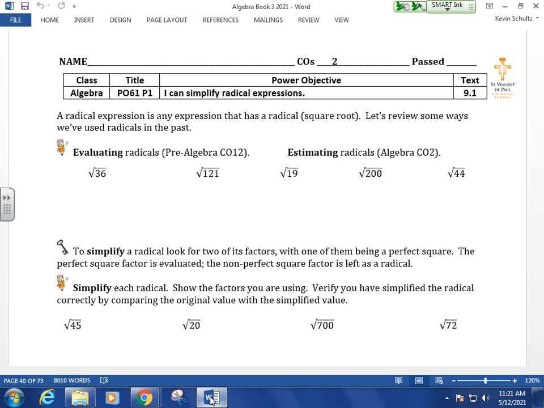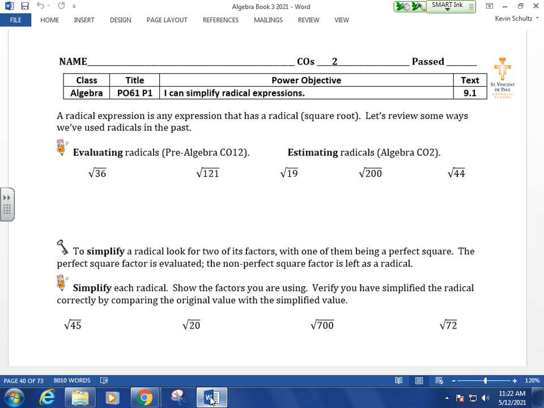We are kicking off Unit 9 with some radical expressions. Radical in the sense that they're square roots, and radical in the sense they are truly quite radical. And really, what's going to determine your success in this objective is revisiting and understanding how we've worked with